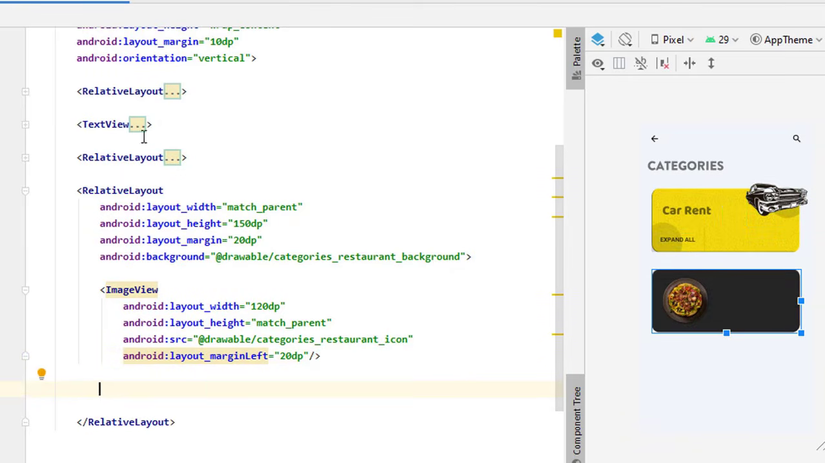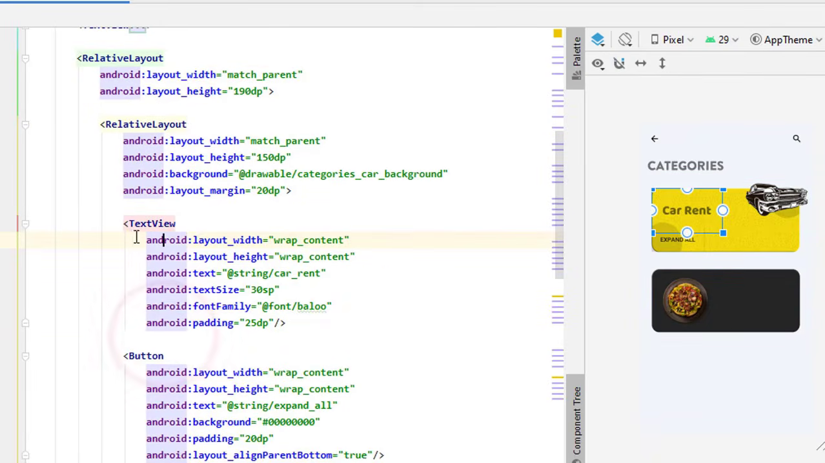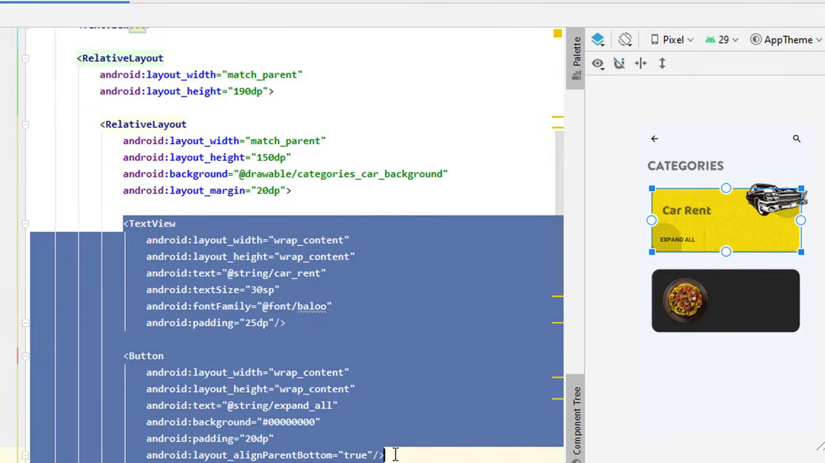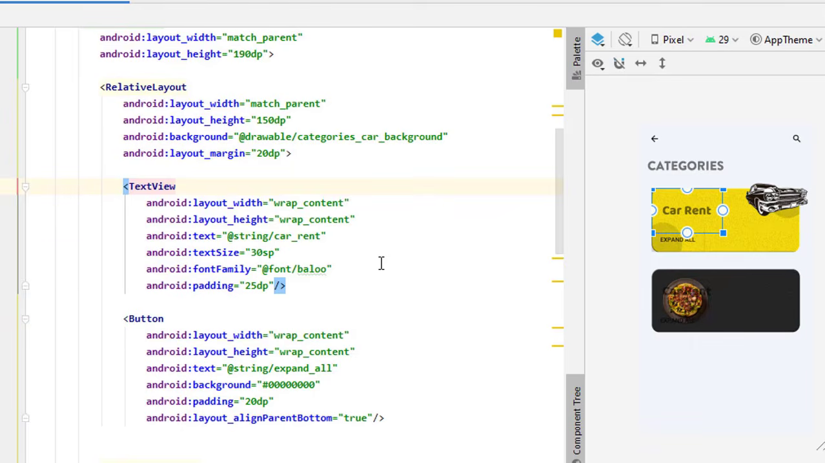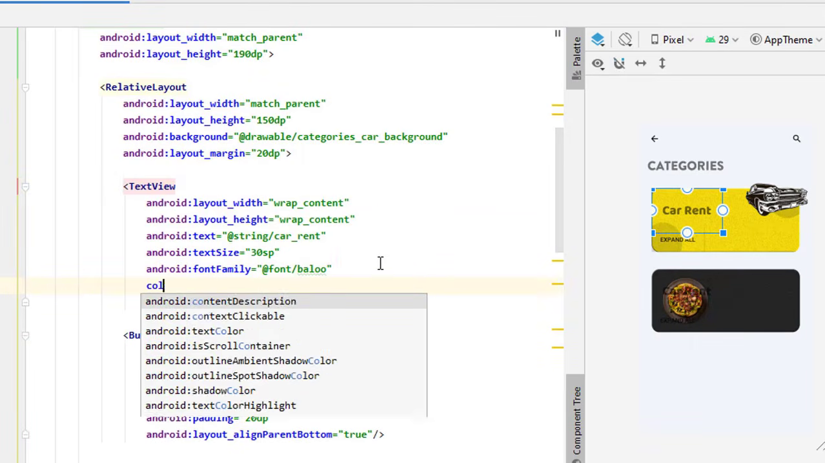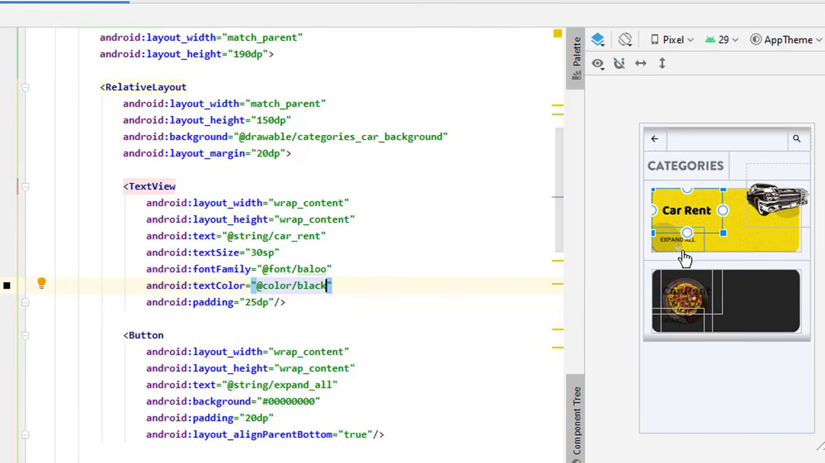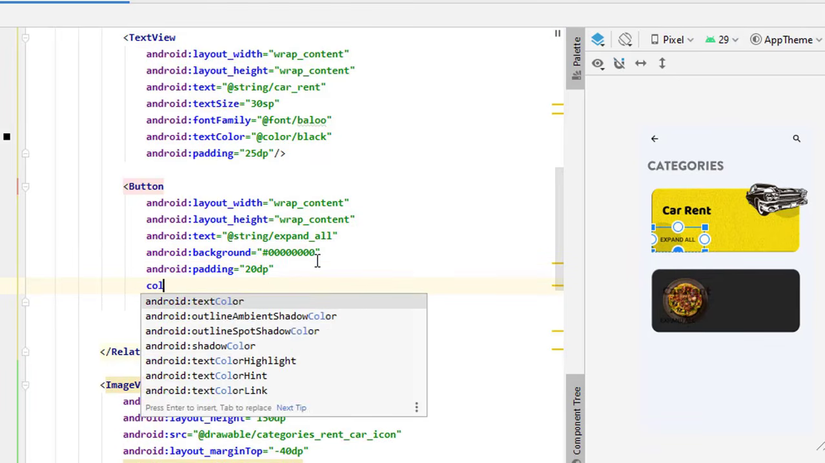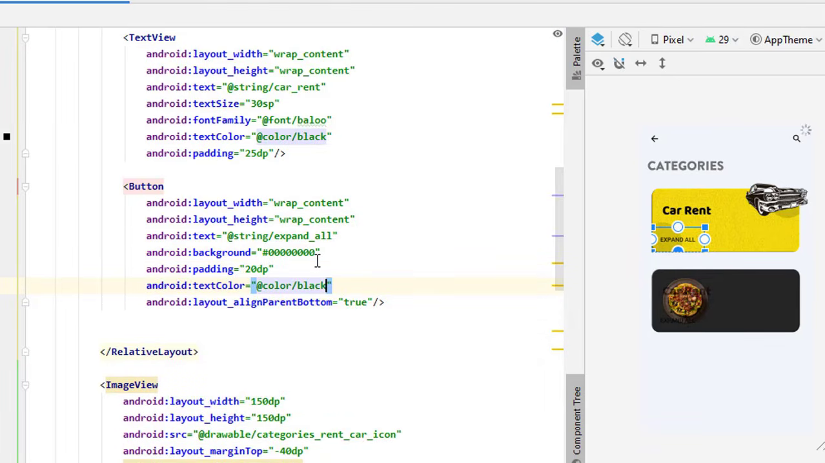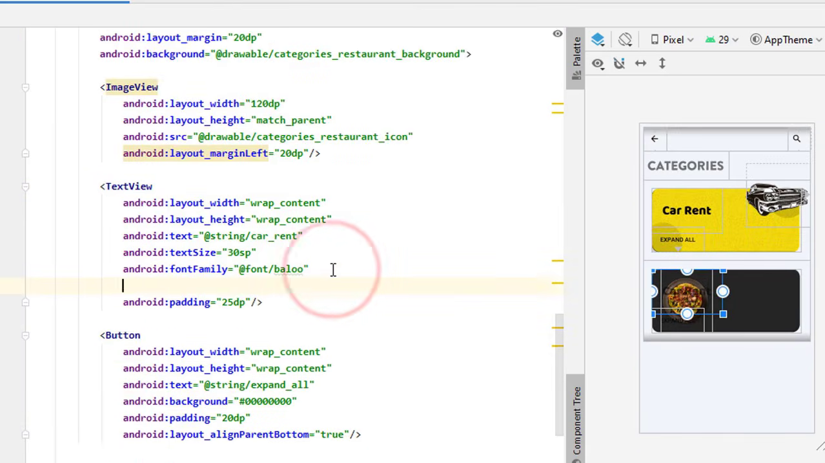Let me copy these both text views from here inside this relative layout. First one the text view, and second the button, and paste it inside this current layout. Okay, currently it's black. Let me add its color as well, which is the black one, and also its color as well, text color and color black. Okay, now let's change its color first,